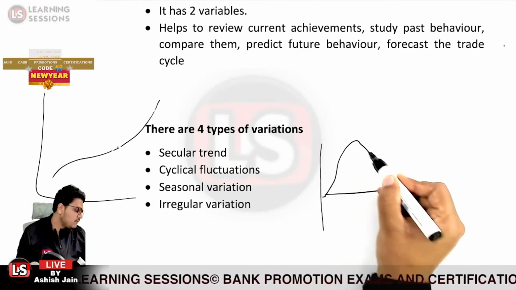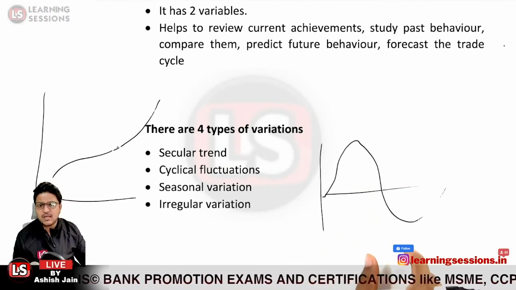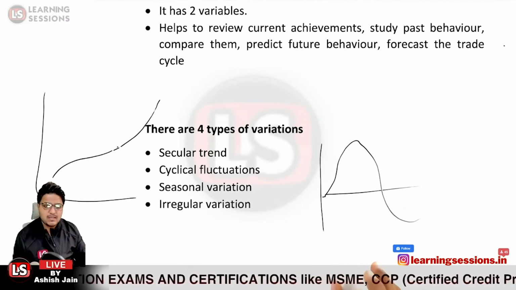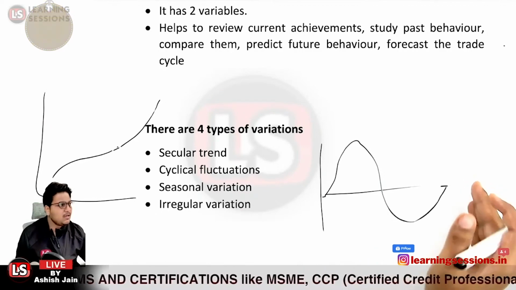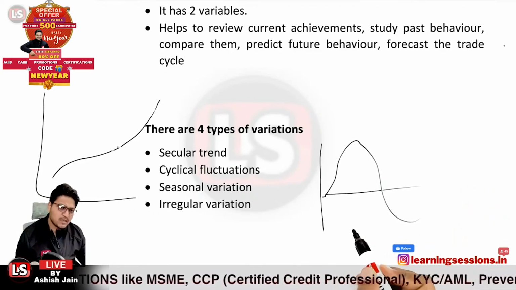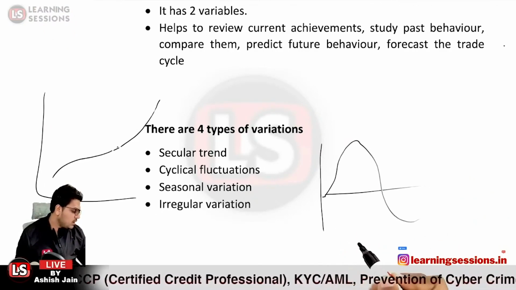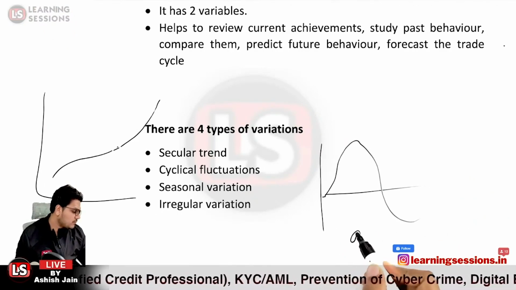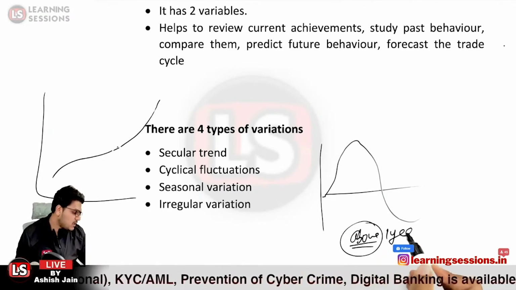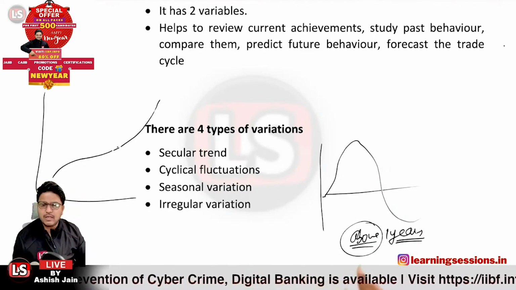So the cyclical variations were something like that. The cyclical variations are there not in 1 year, but over a number of years. Let us take the case, these are over 3 to above 4 years, above 1 year. The variations which happen above 1 year are said to be cyclical fluctuations or cyclical variations.